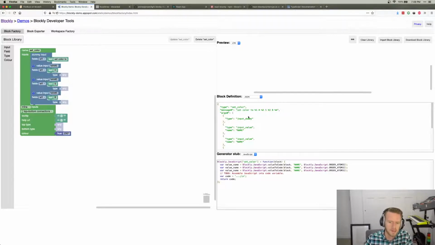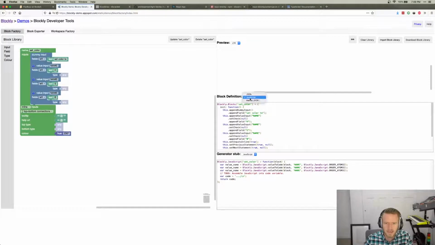So you'll notice that there are different ways. Oh no, we don't want this. We want this. There are different ways that we can define our blocks, and I think this is the one that we'll want. This will let us do custom stuff later if we need to. We might especially need this if we want a color picker. But notice how it grabs Blockly,